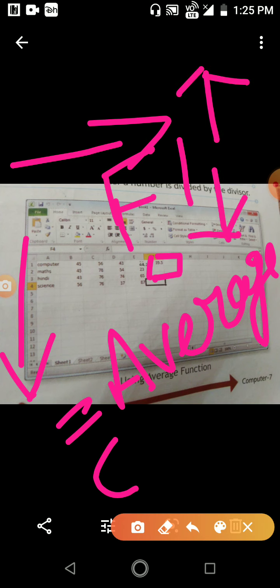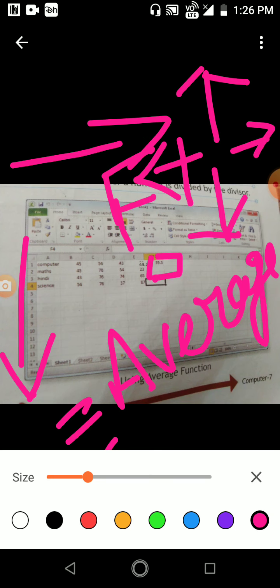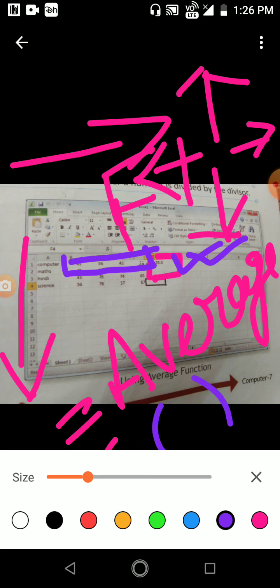These are the arrow keys, if you know them. Use the arrow keys and the Shift key to select the whole range, from B1 to E1. After that, when you close the bracket and press Enter, you will receive the value here in F1.